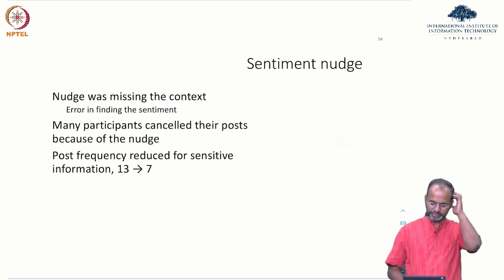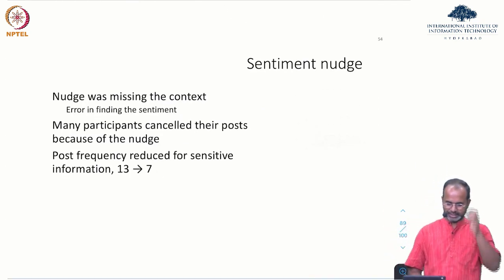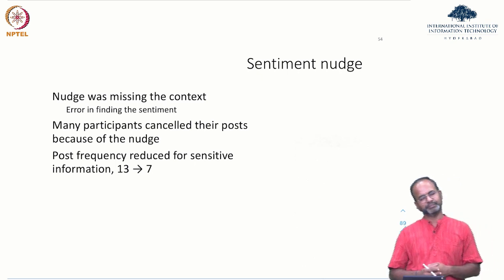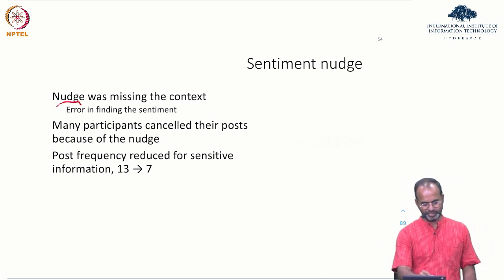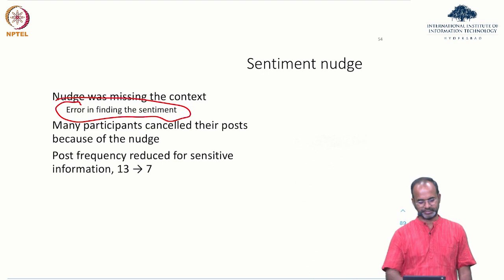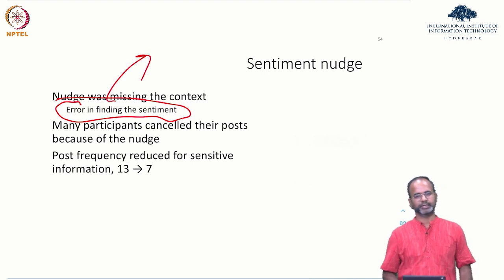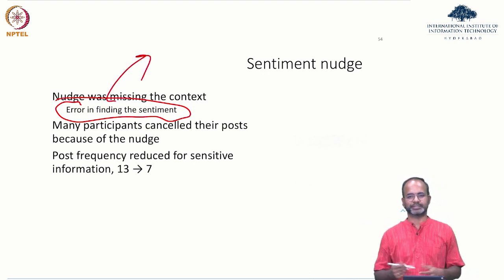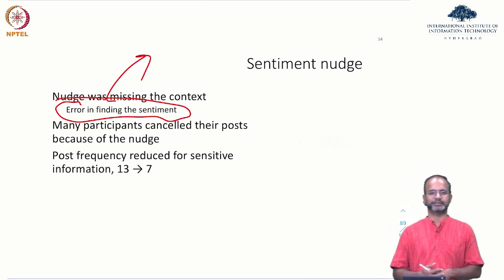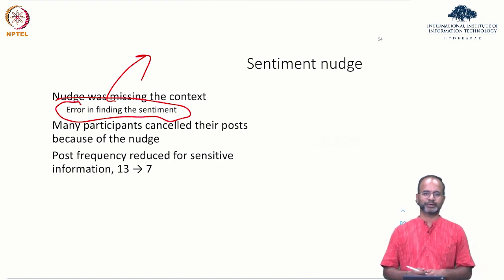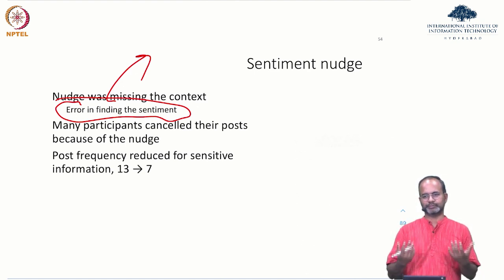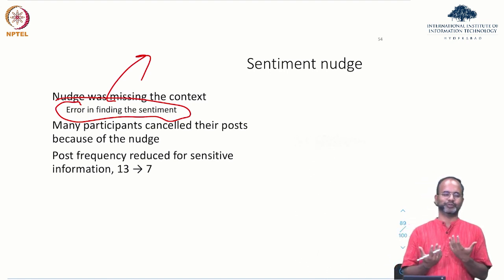Sentiment study. Nudge was missing the context. So this one has more to do with the general natural language processing area itself than with privacy. It's extremely hard to find the positive and negative sentiment of the post. To be precise, there's a lot of content that we generate, particularly even if you think about it, right? You must be generating a lot of